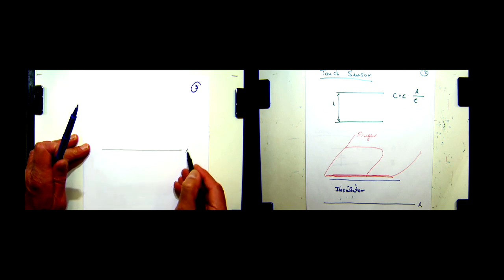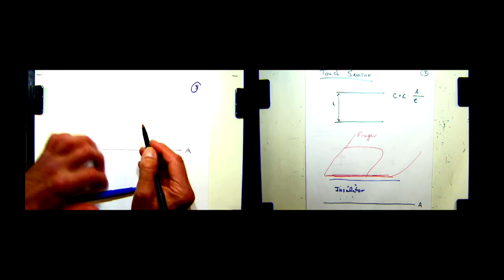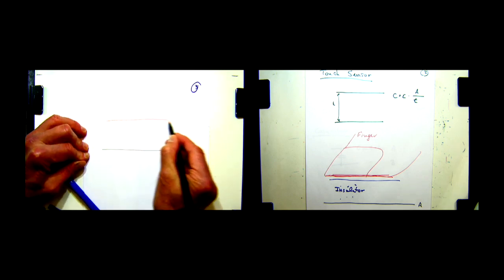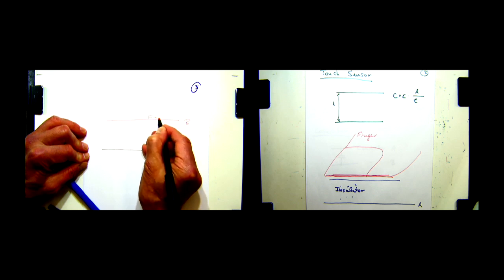Okay, so let me actually redraw this. Let's get rid of the finger, even though you find it extremely amusing, apparently. So from an electrical point of view, really all that matters is we have this conductor A, and then we have the insulator. I'm not going to draw this again, but then we also have the finger, and that's the conductor B. So it's really a finger, but